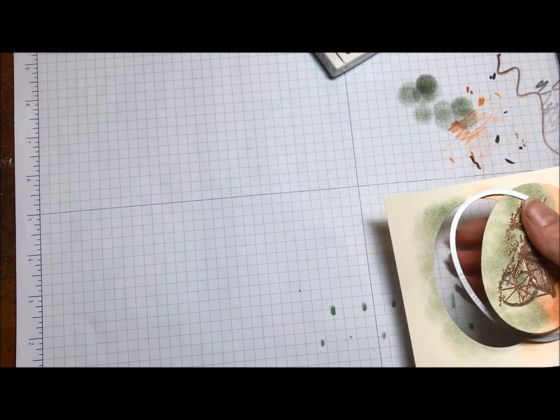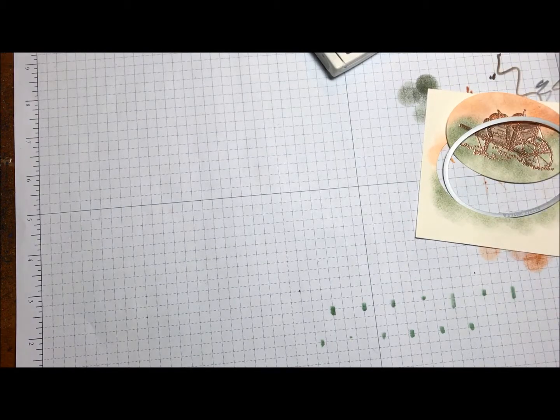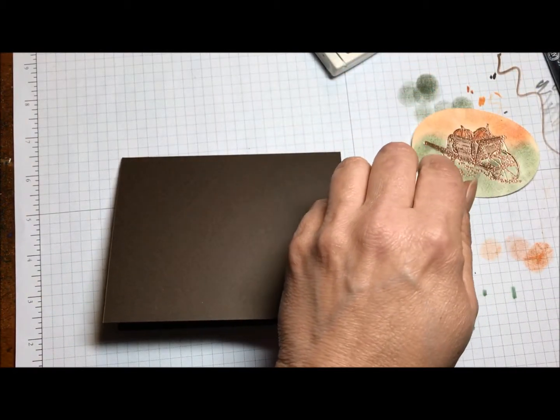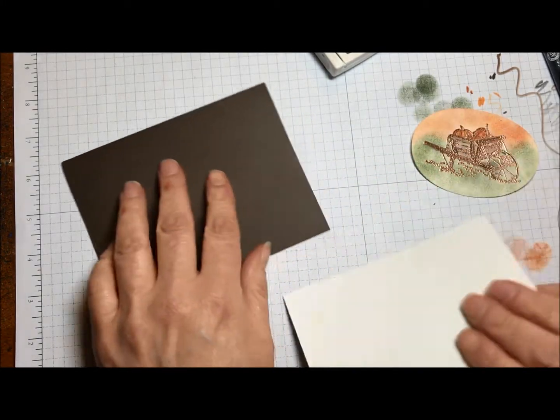So now I think we have all of our pieces. So now we can put our card together. So let me just get rid of the scrap piece there. So we're just going to take our foil,